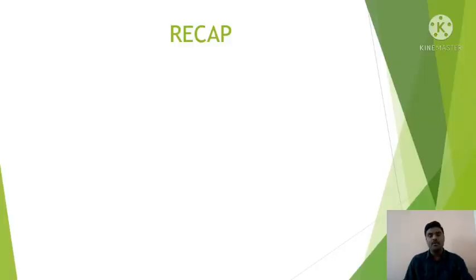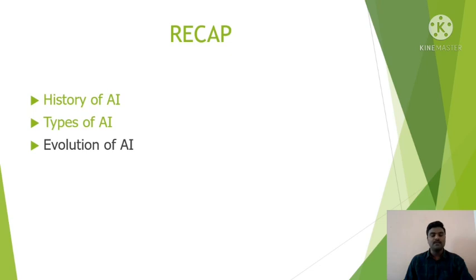We will have a quick recap of our previous session. In our previous session, we discussed briefly the history of artificial intelligence, then the types of AI, or you can say stages of AI. Then we learned how AI has evolved from scratch to where we are standing with AI at present. And then we discussed the preparations in India regarding AI, what all strategies and what India thinks about artificial intelligence.